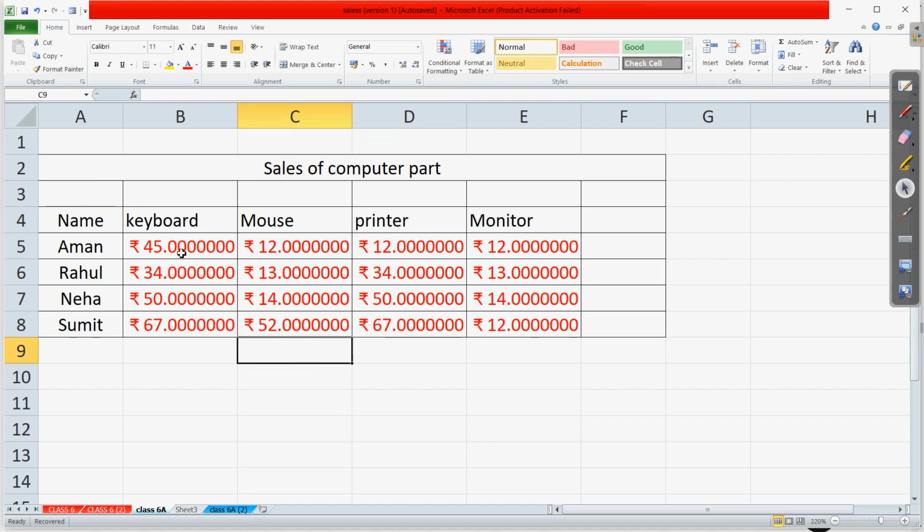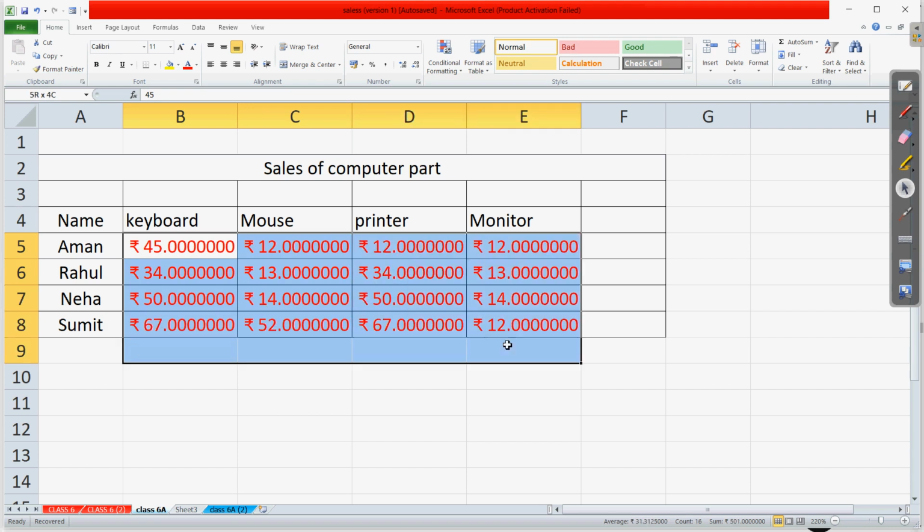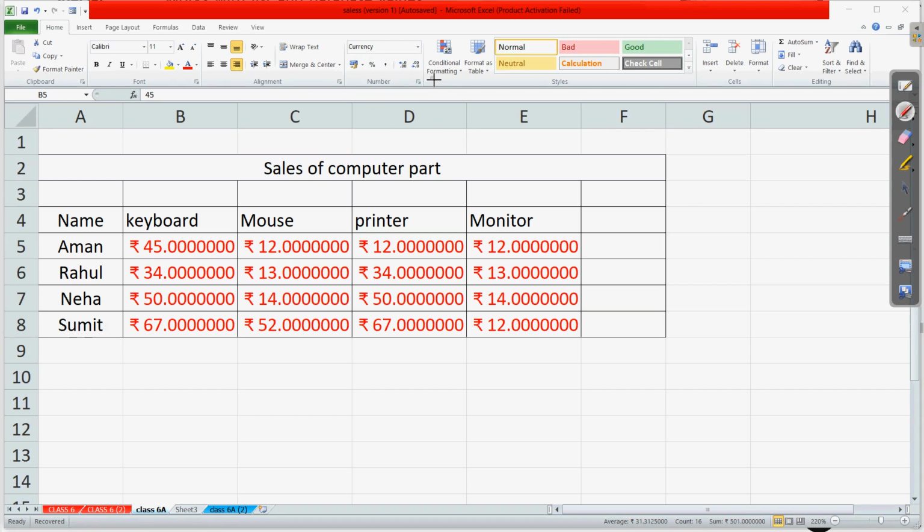Now if we want to decrease the number of decimal points, let us select this data once again. To the right of this, we have the decrease decimal option. If I mark this here, you can see these are the two options: increase decimal, and the right one is decrease decimal. Earlier we have seen the increase.